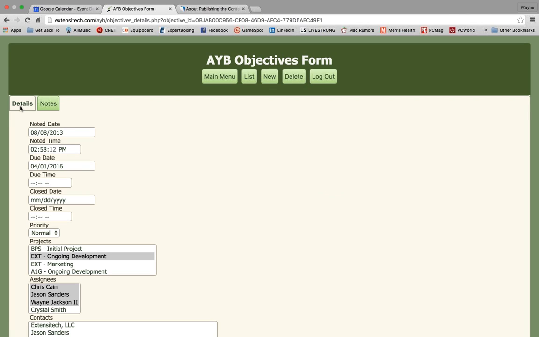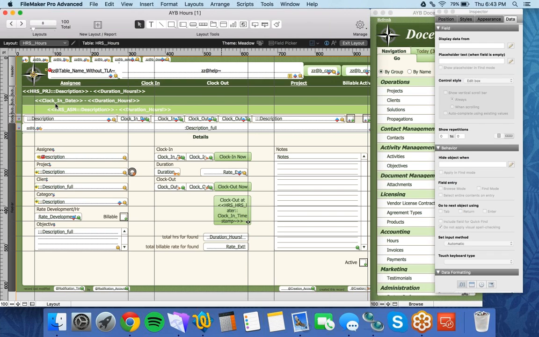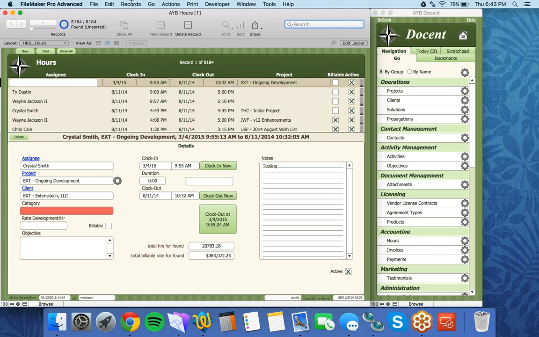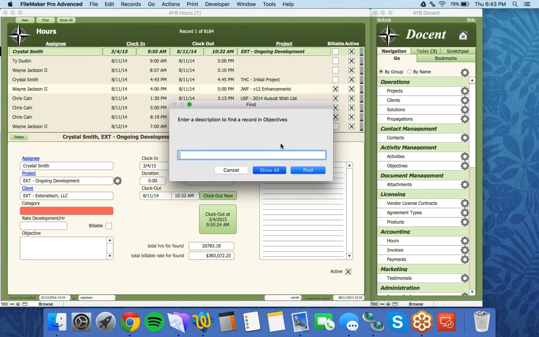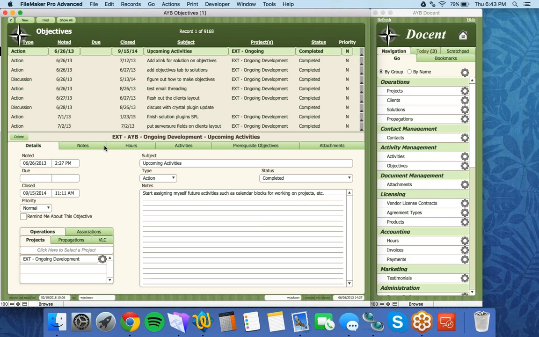And there we go. So this is kind of my first stab at tabs. They kind of look like tab buttons, and they're left justified, which FileMaker has as well. But the way we do ours is, I'll go to objectives here so you can see the parallel. So this is the layout I'm actually trying to recreate in PHP. We do our tabs fully justified, and I just cannot seem to get